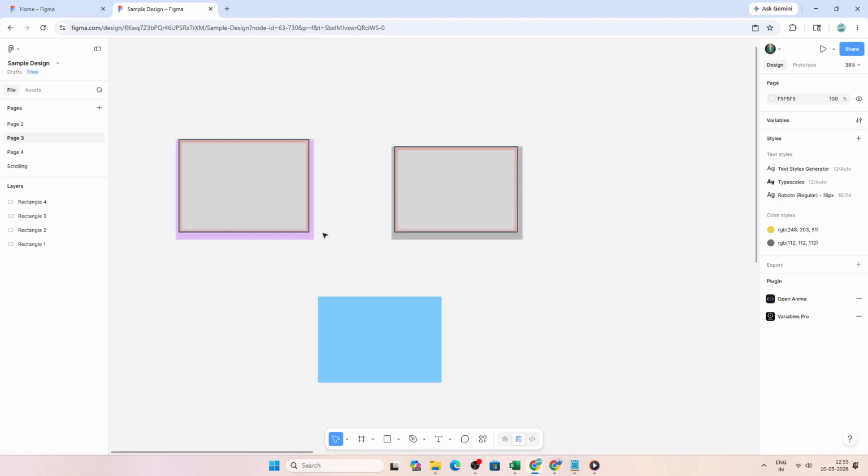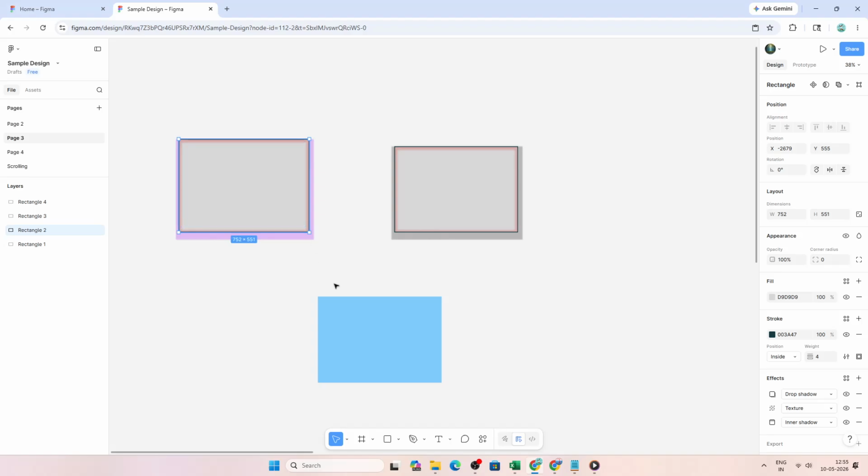You can do the same thing even faster with keyboard shortcuts. With the styled source object selected, press Option plus Command plus C on Mac or Control plus Alt plus C on Windows to copy properties. Then select your target object or objects and press Option plus Command plus V on Mac or Control plus Alt plus V on Windows